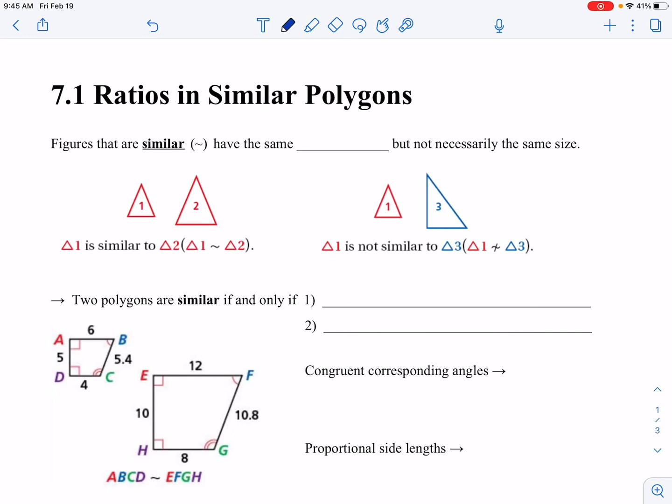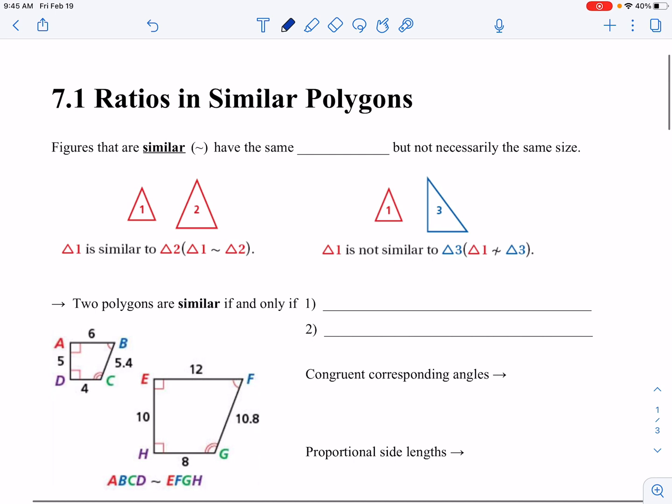For Unit 7, we're starting a unit on similarity. Similarity is pretty closely related to congruency with some subtle differences. Congruency we talked about back in Unit 4 with congruent triangles. So we're going to start with similar triangles. Figures that are similar, this is our symbol for similar. Our symbol for congruent